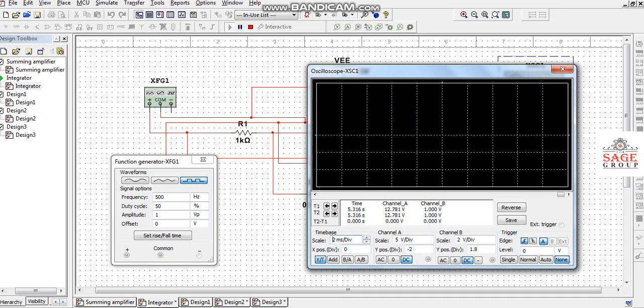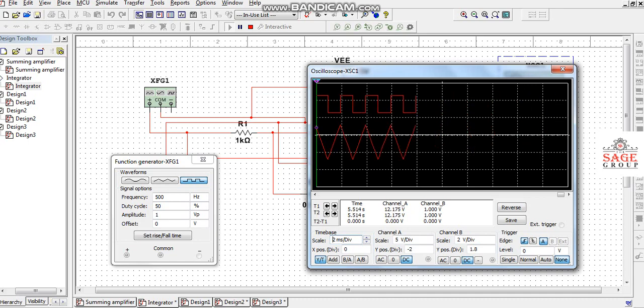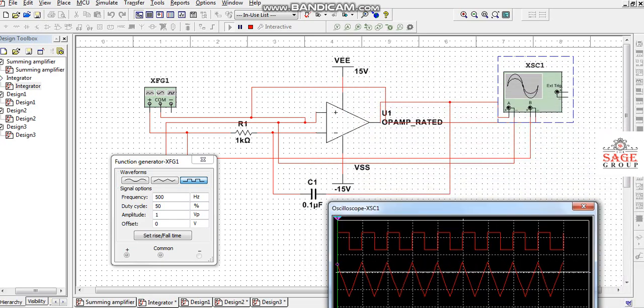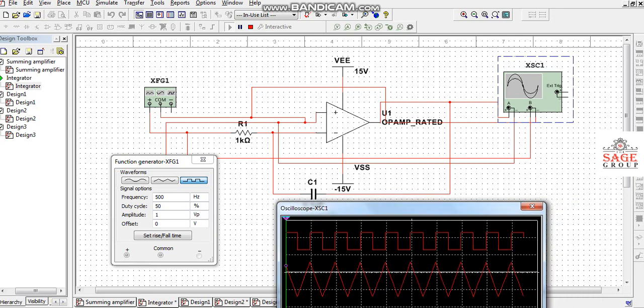We are giving this square wave to the input of this integrator circuit, and we are getting a triangular wave at the output of the integrator circuit. Channel A is for our output, and channel B is provided for the input.